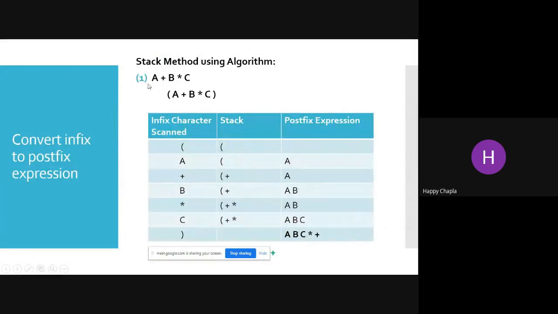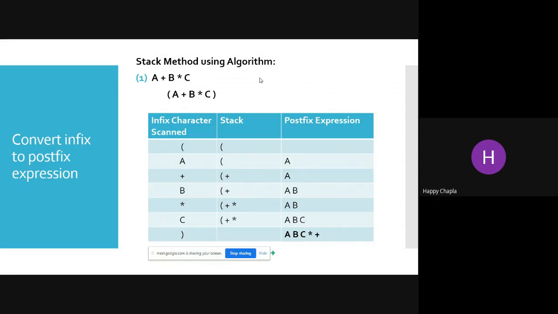We have one infix expression and I want to convert that expression into a postfix expression. There is some algorithm, some predefined rules, which we need to follow when implementing the conversion from infix to postfix using stack.